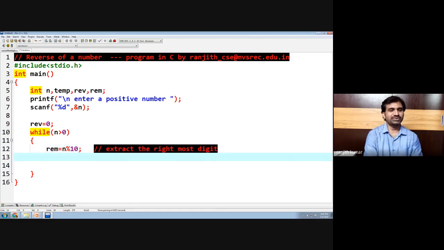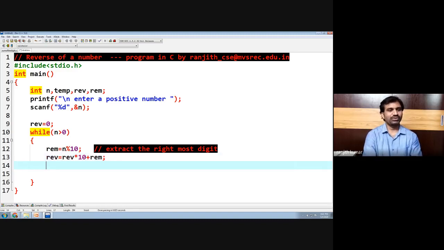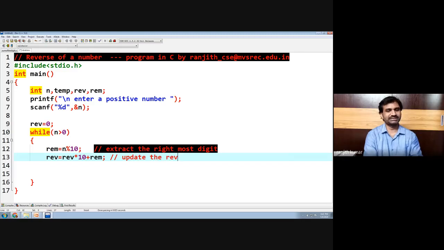Once you extract the digit, the next operation we perform is reverse into 10 plus remainder. Whatever digit you have extracted is added, updating the reverse.